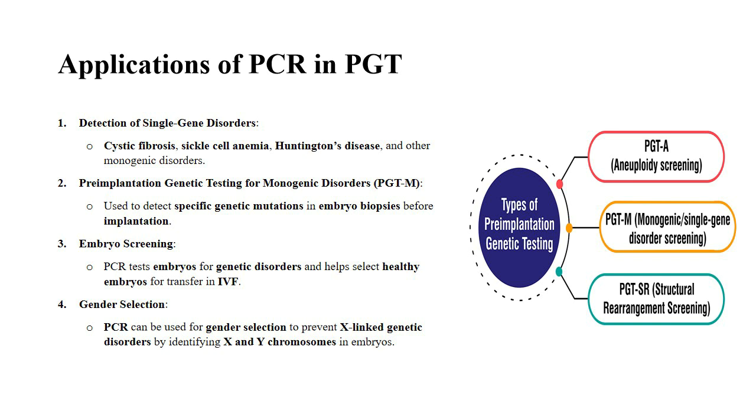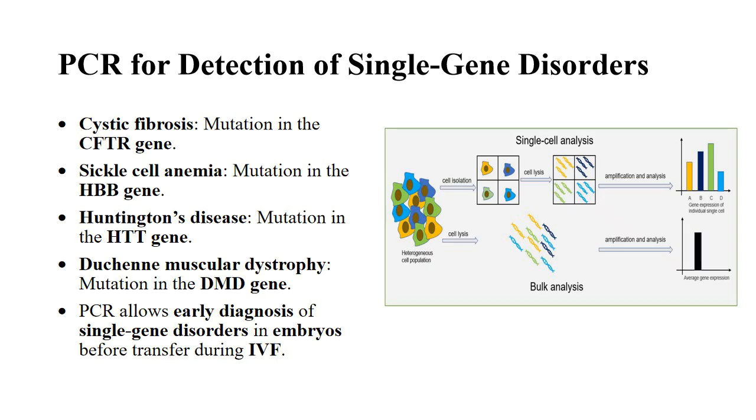PCR is highly effective for detecting single gene disorders that are caused by mutations in specific genes. Some examples include cystic fibrosis, mutation in the CFTR gene; sickle cell anemia, mutation in the HBB gene; Huntington's disease, mutation in the HTT gene; Duchenne muscular dystrophy, mutation in the DMD gene;